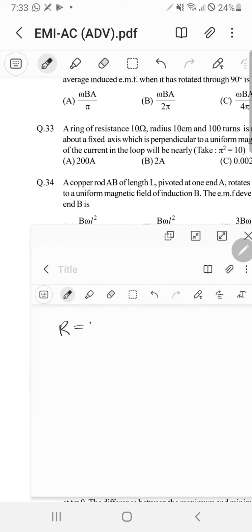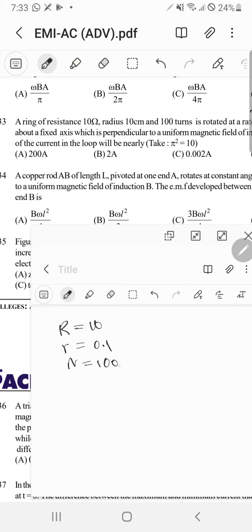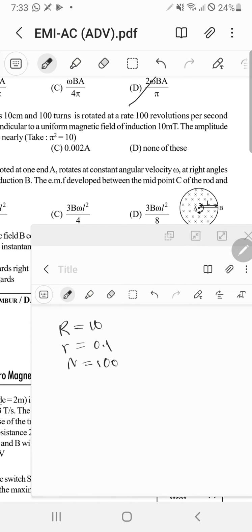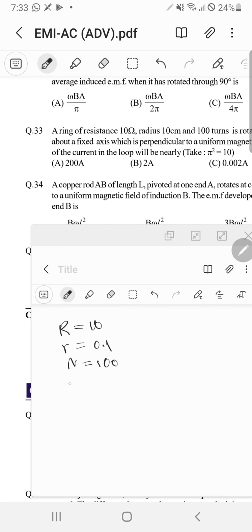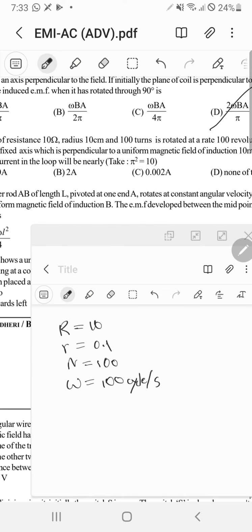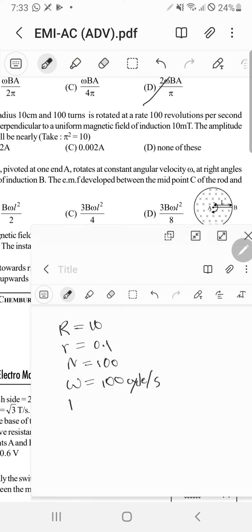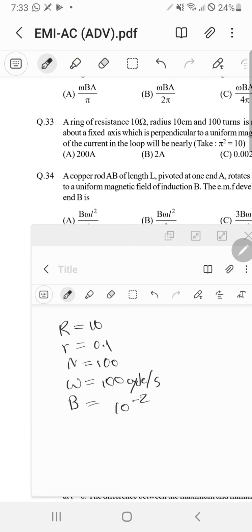Okay, resistance is 10, radius is 10 centimeter, which is 0.1. 100 turns, N equal to 100, is rotated at the rate of 100 revolutions per second about a fixed axis, so omega is 100 cycles per second, which is perpendicular to a uniform magnetic field. Magnetic field is 10. Wait, what? 10 mT? That means 10 milli, so 10 power negative 2. The amplitude of the current in the loop will be